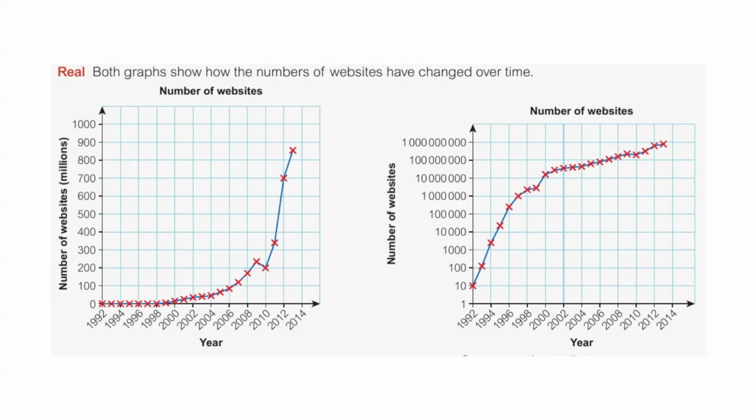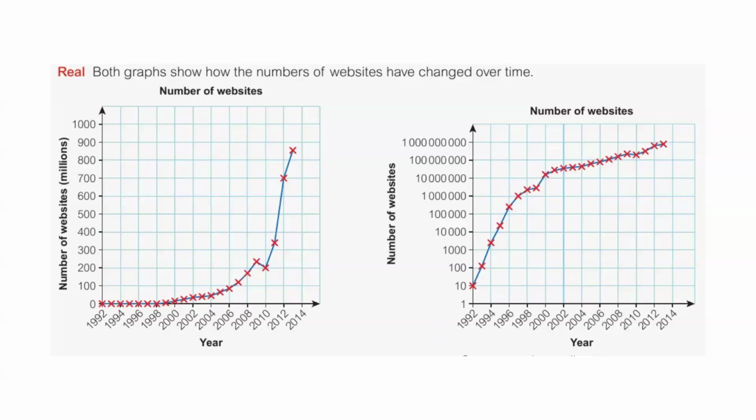Today I shall speak about these two graphs, how we analyze these two graphs. We have two graphs which explain the process of how many websites were published on the internet from the start until this date. So we started from 1992 until 2014. We are studying between these two graphs how many websites